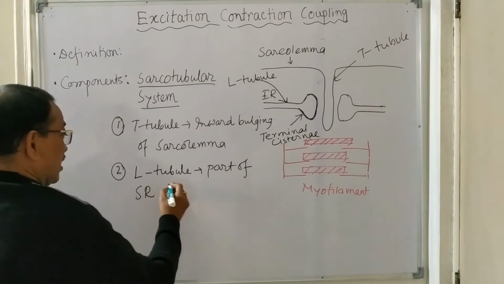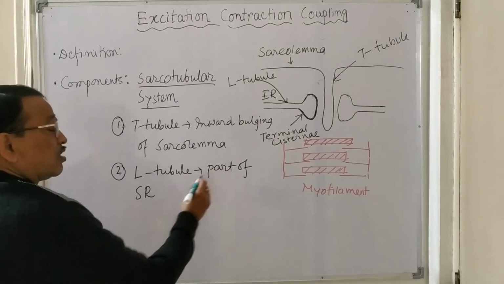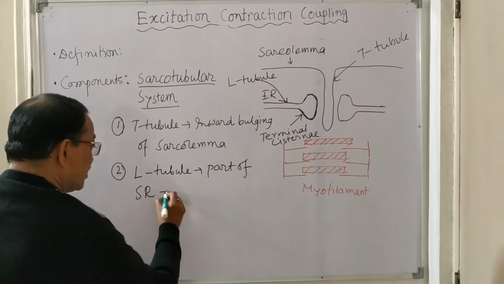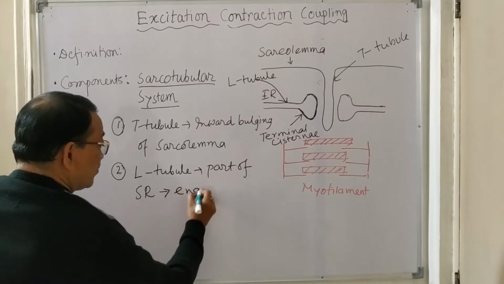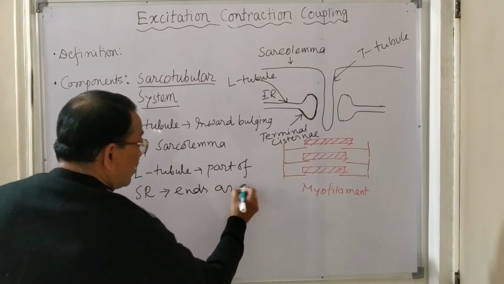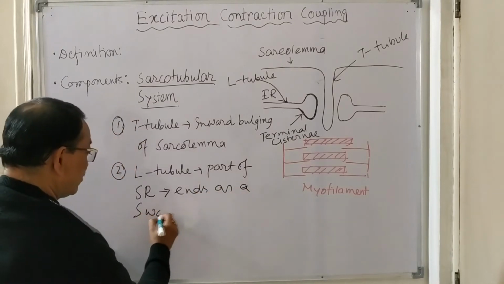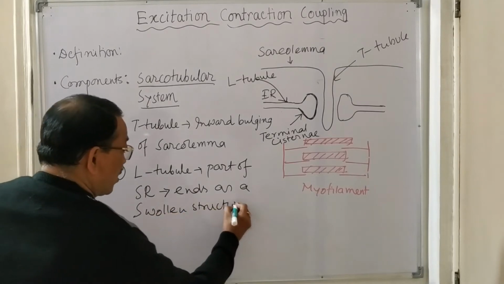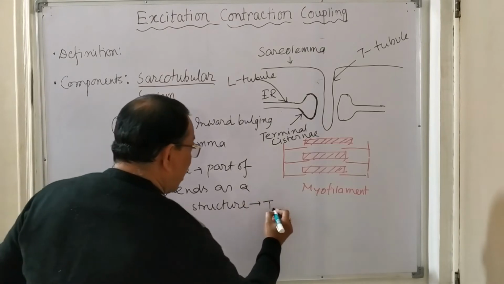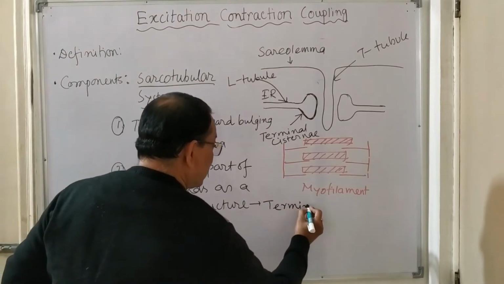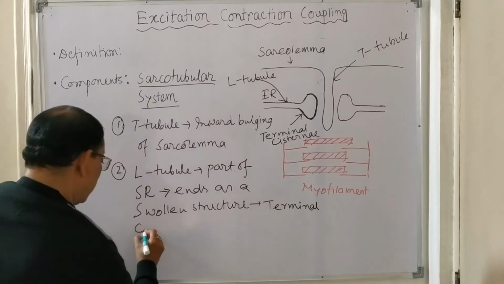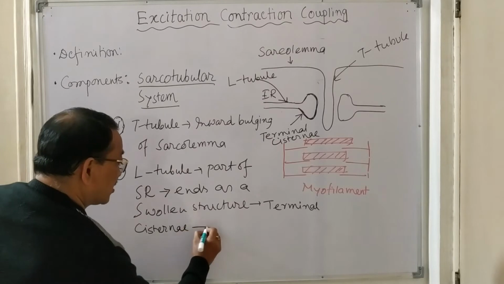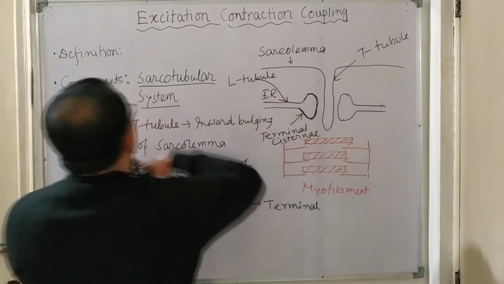So the L tubule is the tubular part of the sarcoplasmic reticulum, and it ends as a sac-like structure known as the terminal cisternae. And this terminal cisternae